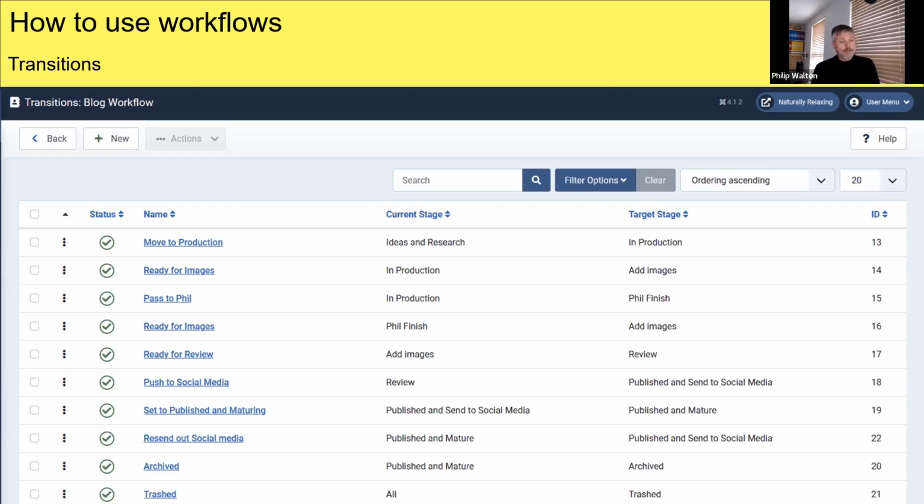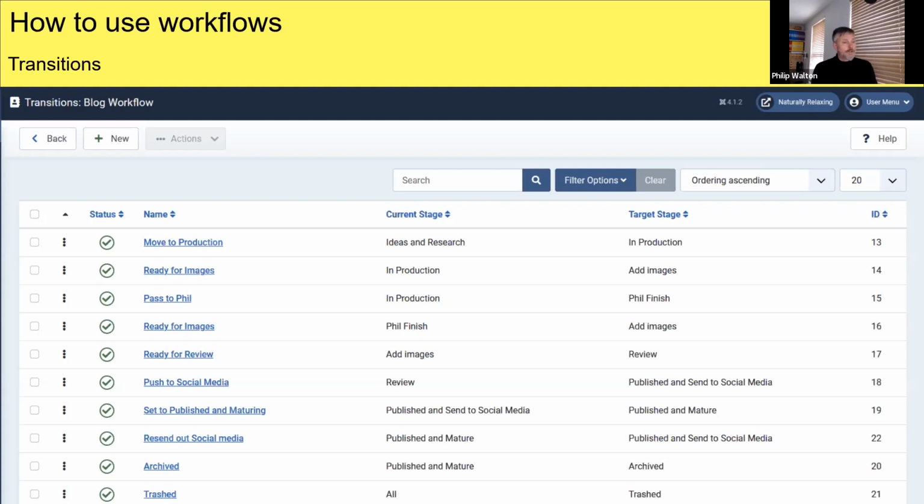Even though you put them in the category, you sometimes have to go back into the articles, select all the articles, and then use bulk actions in articles to move them to a transition, to move them to a new workflow, because they start off in a workflow. So if I've got them set up in a category, so all the ones that are blogs about cats go to my blog cat workflow. If I've already had articles created before I created the workflow, they would be in the default one. And so I'd actually have to move. That was one little gotcha that got me a few times.